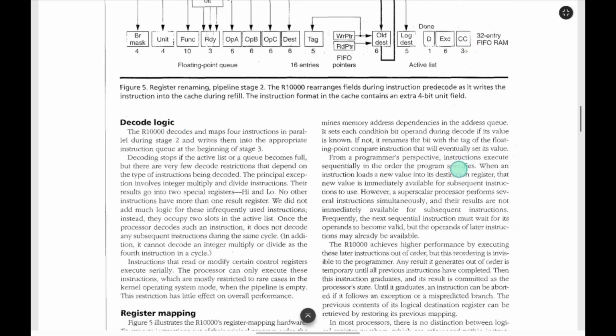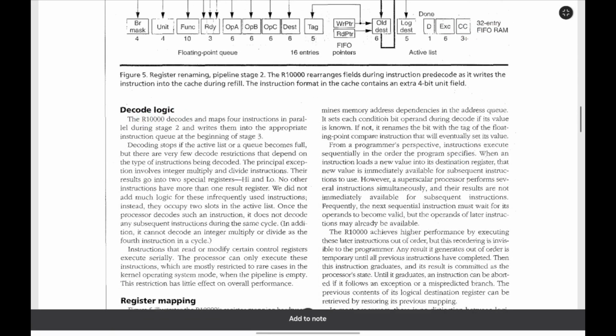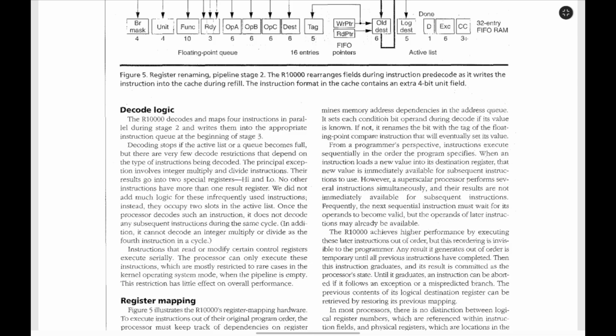Decode logic. The R10000 decodes and maps the 4 instructions in parallel during stage 2 and writes them into the appropriate instruction queue at the beginning of stage 3. Decoding stops if the active list